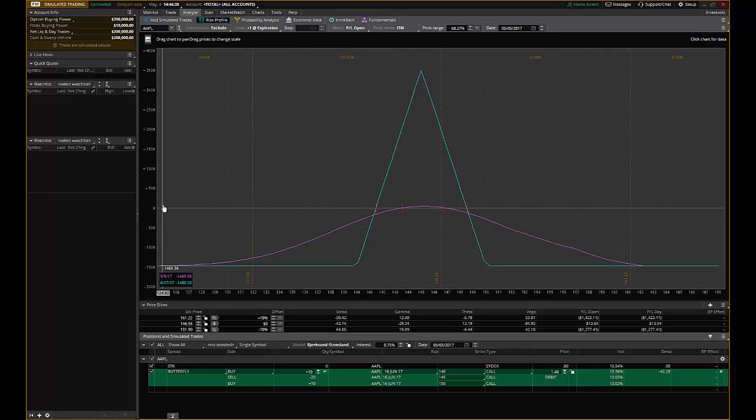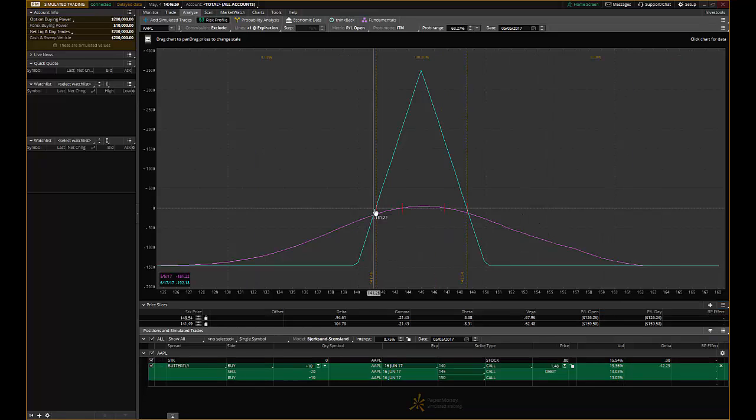So here's our 0. Anything between these 2 points up above here is going to be profit, and anything below these points is going to be loss. So I can go here and I can set my slices to my break evens at expiration. We can see it's going to go ahead and set those. So we can see anything above 141.49 I'm going to be a winner, and anything below 148.54 I'm going to be a winner. So the Analyze tab will give you a visual about how the trade will react in time